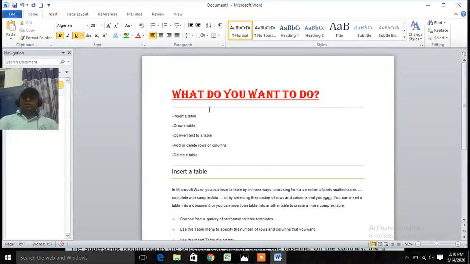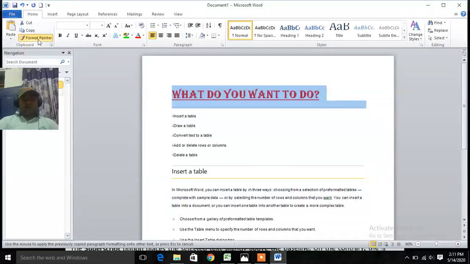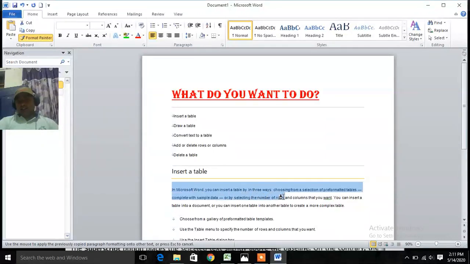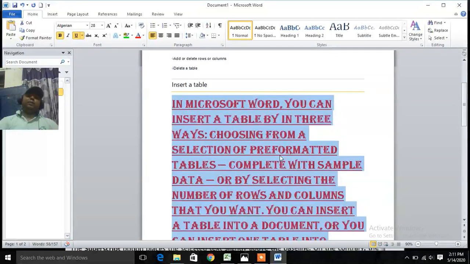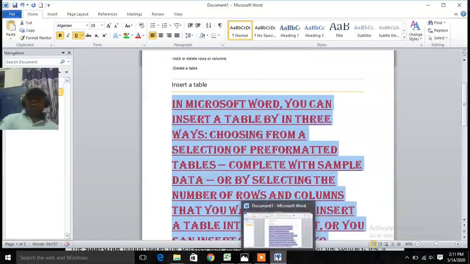Now what you want, without touching this font size, color, bold and other things, you want to apply this formatting as it is to this text. Now what to do? If you want to apply the formatting without doing so many changes, for saving your time, select the text whose formatting you want to copy, click on Format Painter and it will convert into a Format Painter brush, and select the text to which you want to apply, like this. Now this is totally copied, formatting is copied. So this is the work of Format Painter.